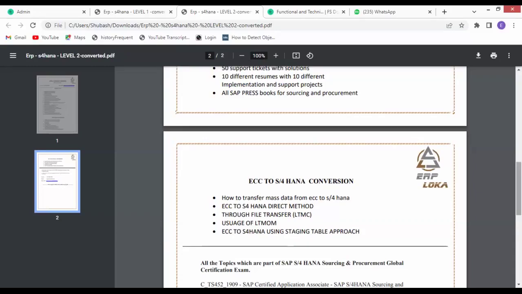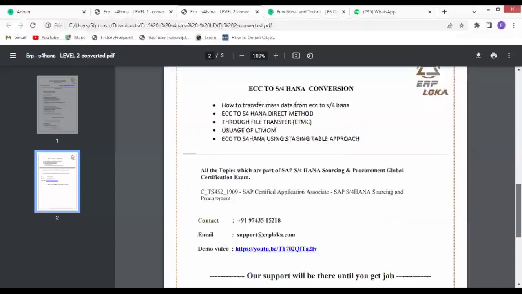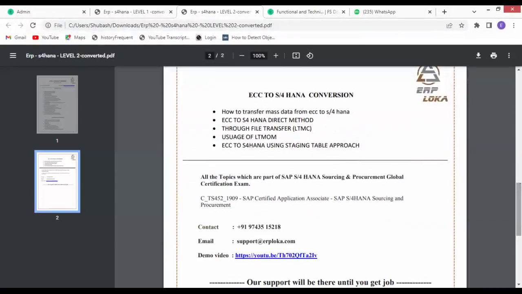And we will also try to prepare you guys for the certification. For freshers, the certification is a mandatory thing. Certification will enhance your resume, enhance your knowledge. So we will prepare you on how to clear the certification, how to prepare for it, how to write it. So that is also covered in this level 2. Okay. So these are the topics which we'll be covering in this course.